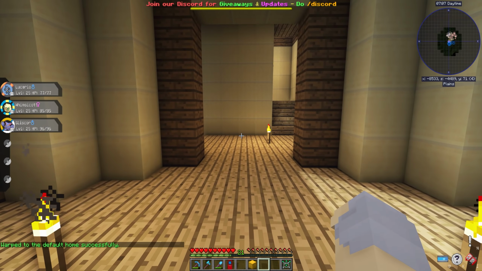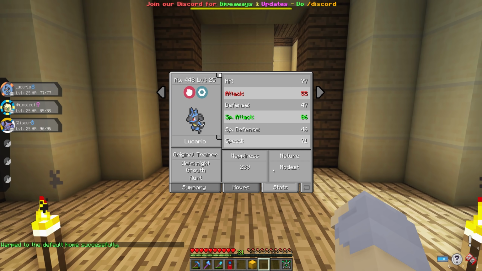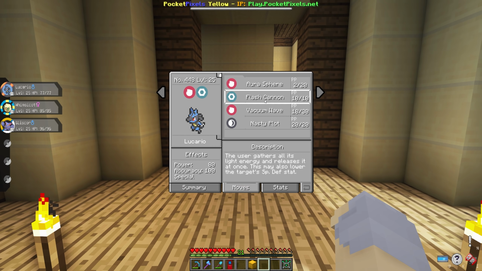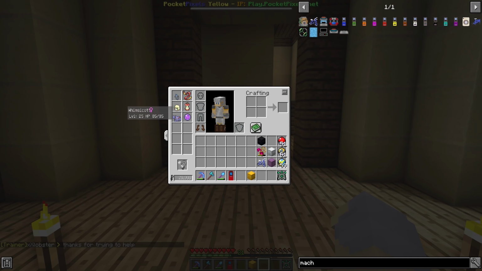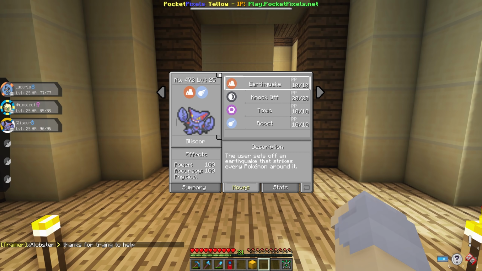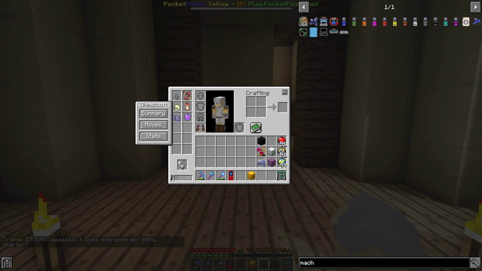I double and triple checked it. So here's the team. I've got Lucario, Modest Nature, with Aura Sphere, Flash Cannon, Vacuum Wave, and Nasty Plot, holding a Focus Sash. I've got Toxic Stall, Gliscor, Impish Nature, Earthquake, Knock Off, Toxic, and Roost, and then I have, this one